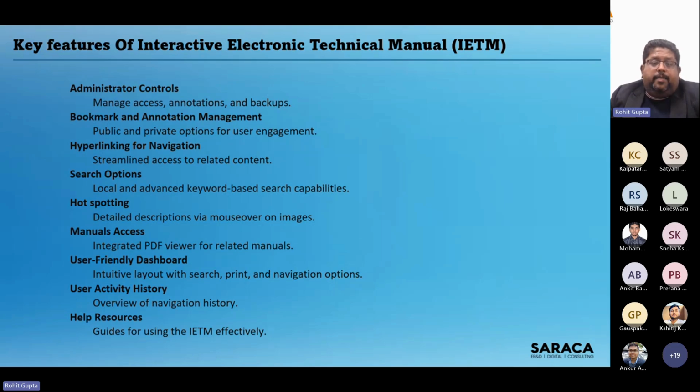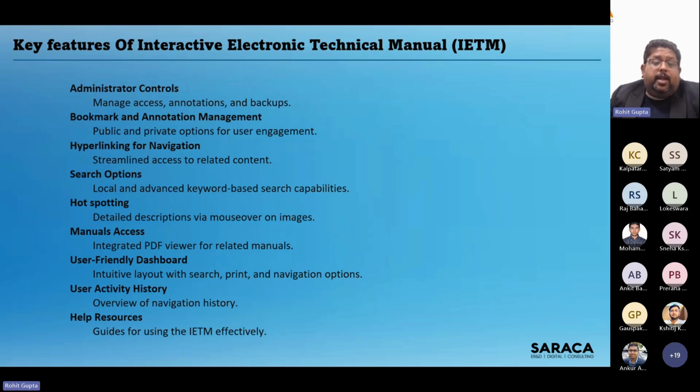So once you search, it maintains the history as well. And the search gives you that kind of AI inbuilt feature in these viewers, which you'll not get in the PDFs or any other outputs. Then hotspotting, we have seen it, what the hotspotting means, why it is important. And then